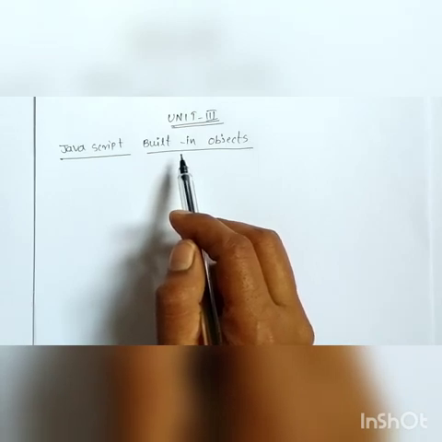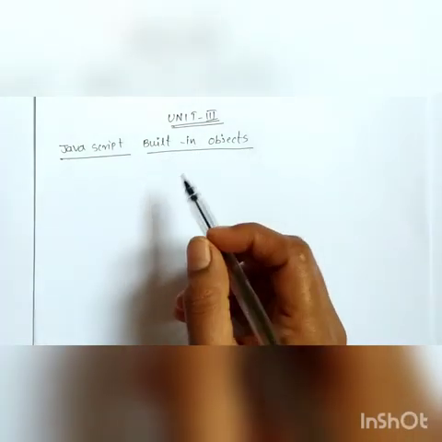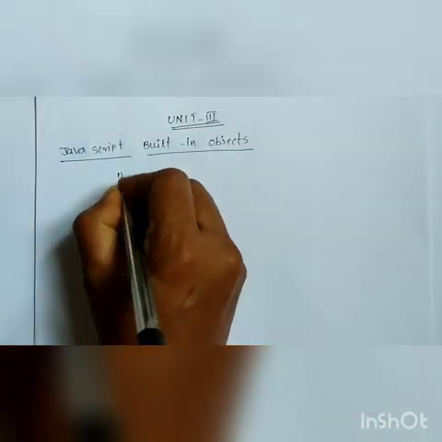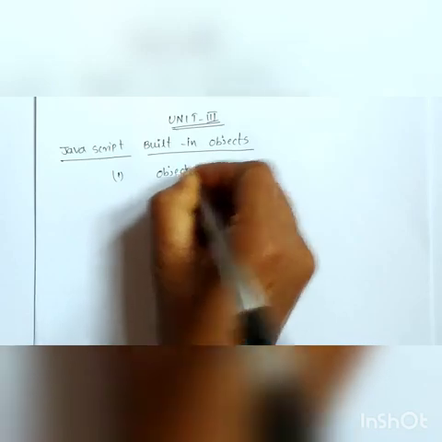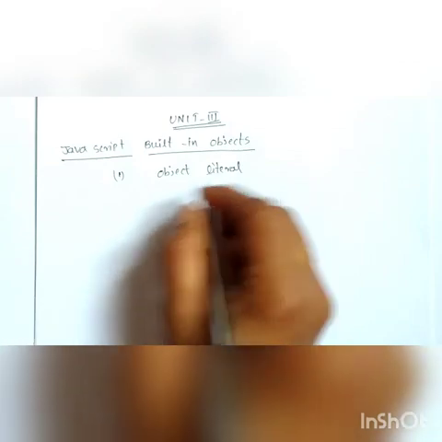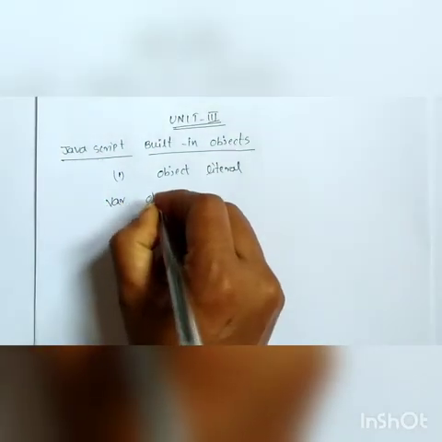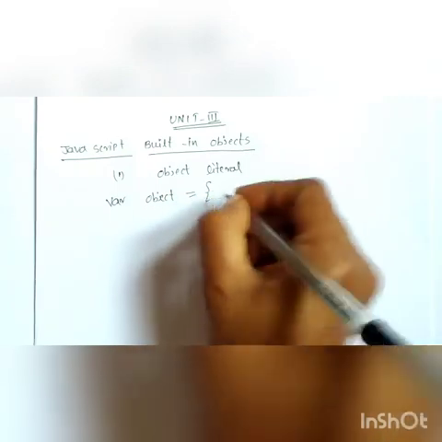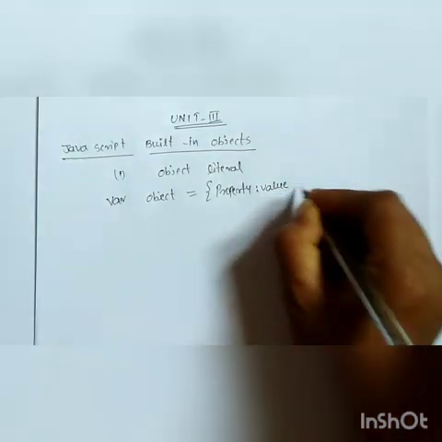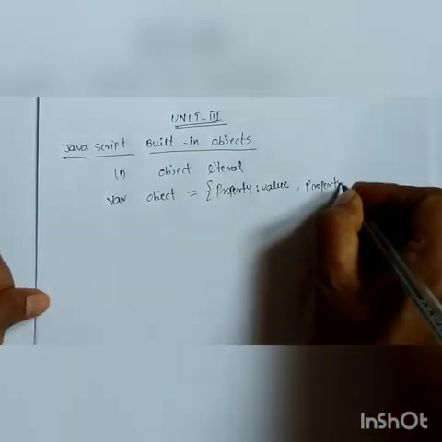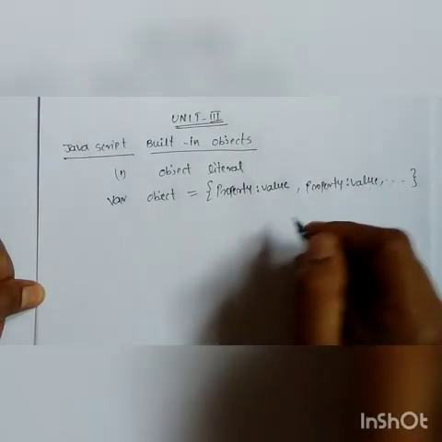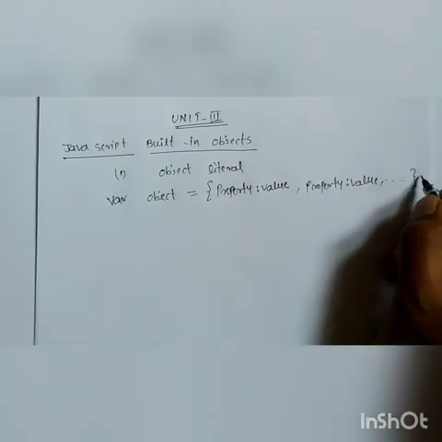Methods are the functions. Now in this concept, how to create JavaScript objects. JavaScript objects are created by using two methods. First method is by using object literal, nothing but constant. What is the syntax for creation of objects using literals? The syntax is object equal to property colon value comma property colon value comma, like so many properties and values we are taking. Properties and values are enclosed with braces.